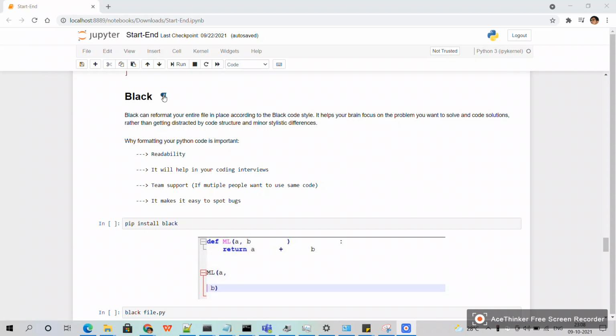differences. Sometimes while writing code, we usually don't follow a good structure, right? Like maybe mistakenly or unknowingly we might have given some extra spaces or extra tabs. So instead of us focusing on that, Black will help us to restructure everything into a proper format. So the use of Black is it helps us with readability, and also it helps you in